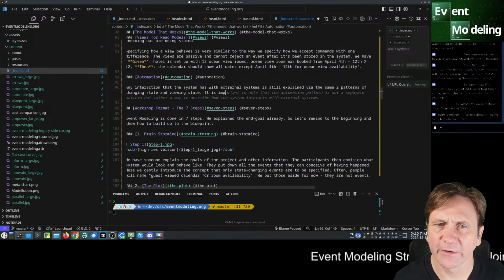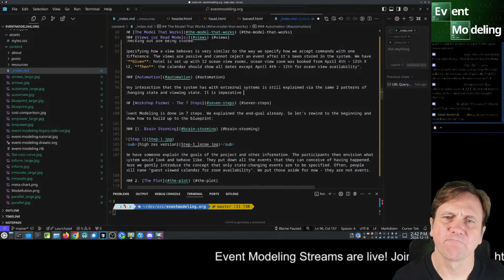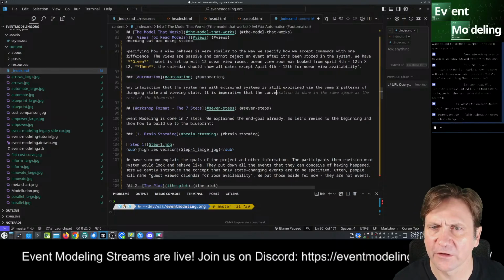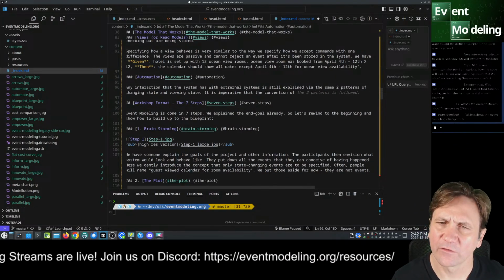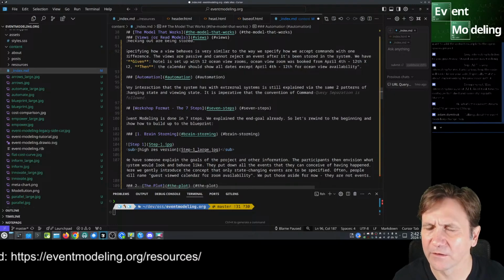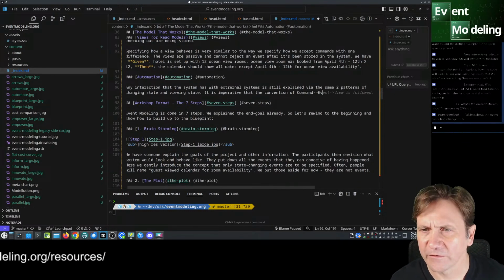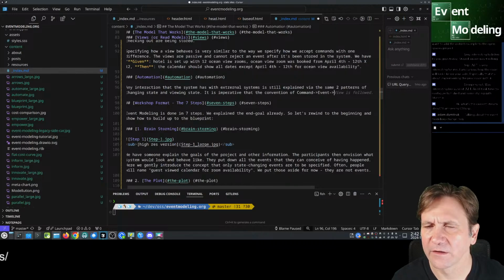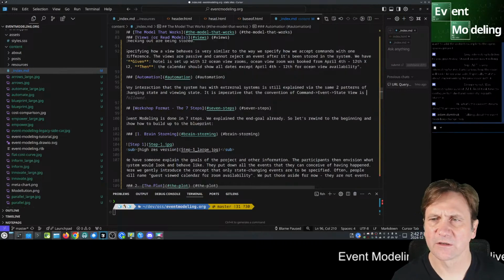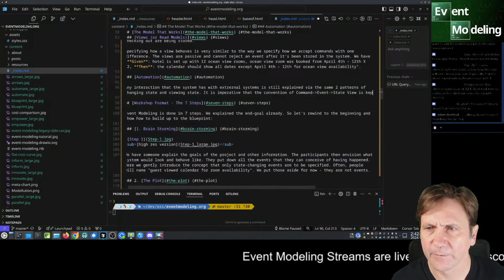It is imperative that the convention of command, event, state, view is kept.